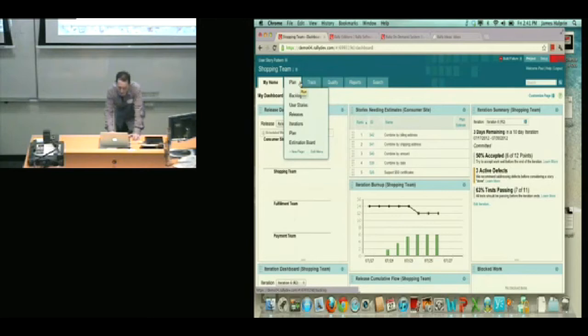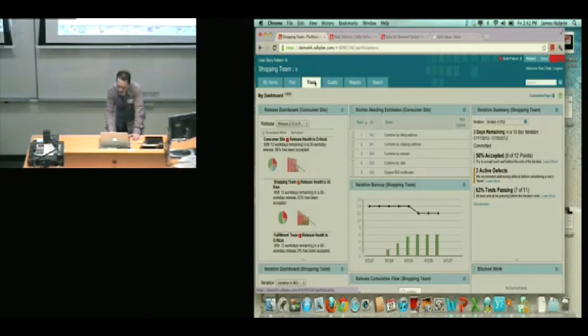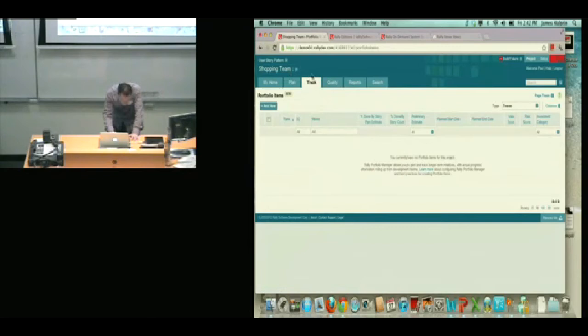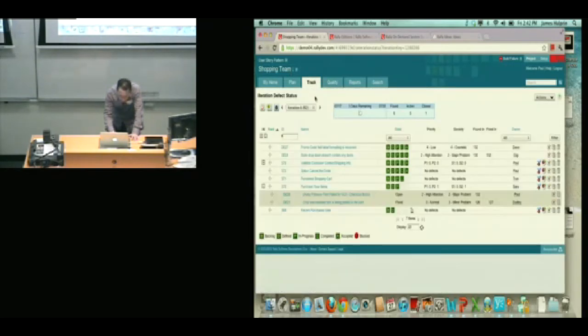All right, so now we've come back to that team level view, if you like. We saw before that you set up all of your planning, and then once you're off and running and you actually want to start tracking these projects, there's a couple of views that you can use to do that. This is a more traditional list type view of where you're at in the iteration. Now we're looking at the iteration backlog, not the full backlog.